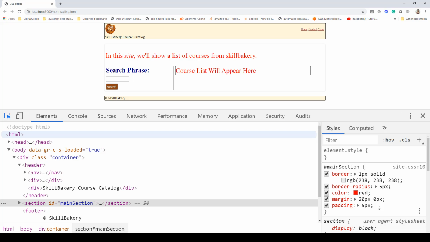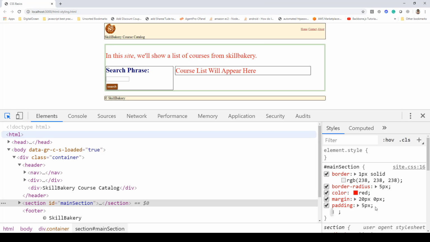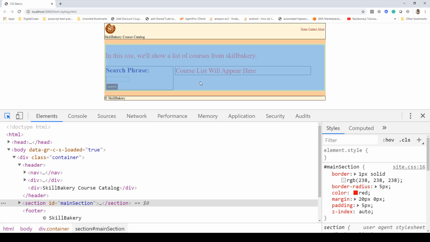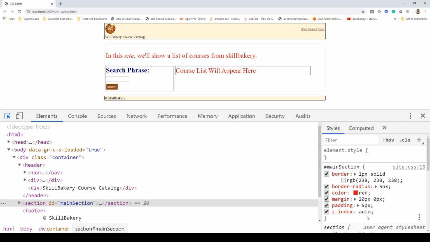You can also add certain elements over here, like you can click on it and it will allow you to add additional attributes like Z index, etc. So here I'll be setting it to auto. That way you are able to modify the existing CSS styling, and you can see how it is impacting the current page, and based on that you can then copy the CSS styling from here and put it in your